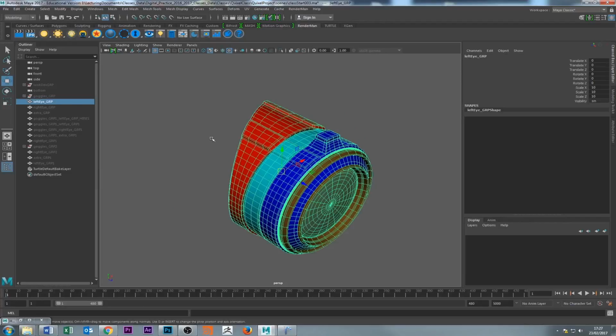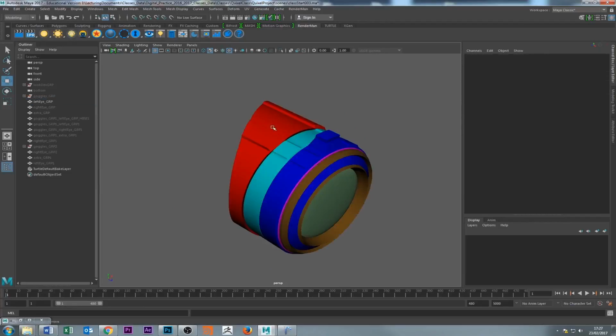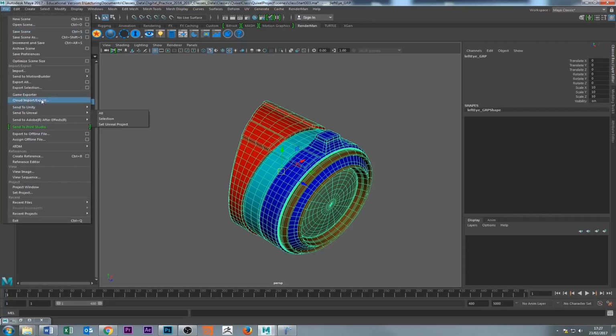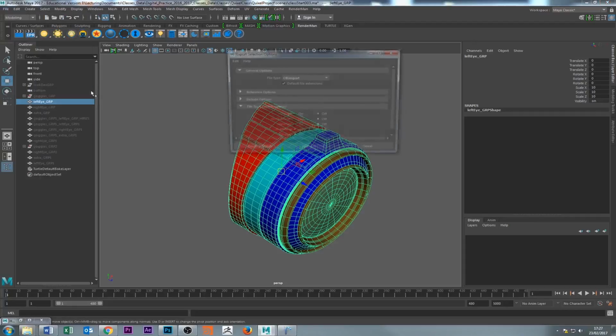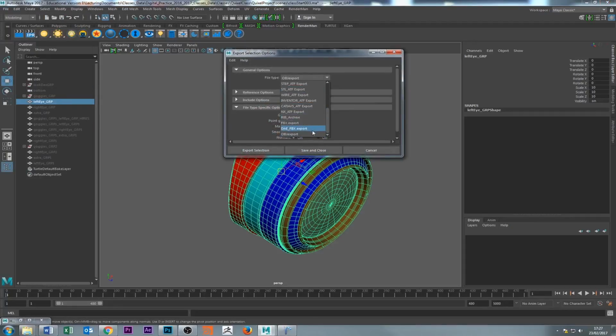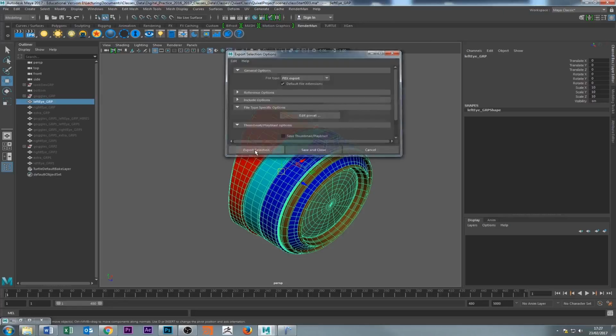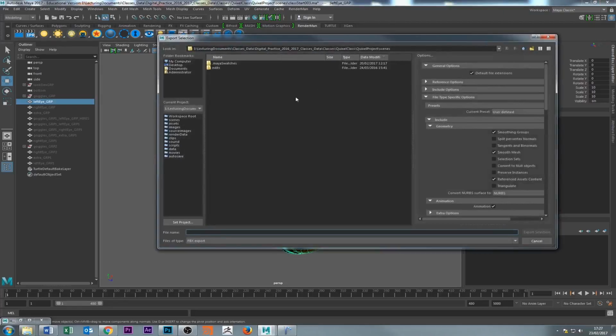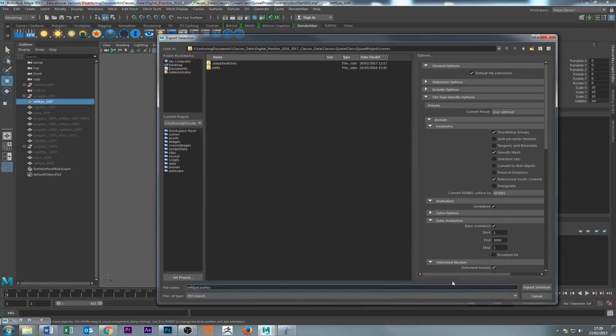So I take this guy, I'm just gonna do it for 1, so you know what to do with the rest. I take this and I go into File. Doesn't matter the color. We go here into Export Selection, go into the options, go here into FBX, and we export that. And I'm just gonna put it here in the scene files. And I'm gonna call that left eye, and I'm gonna call it low res. Okay. And then the other thing that I had to make sure that I export is that I have smoothing groups on,